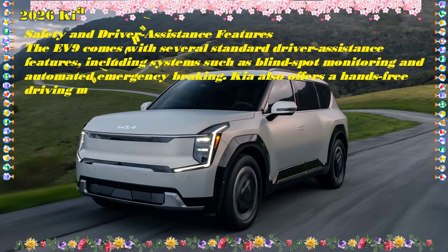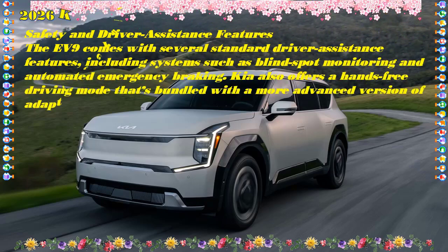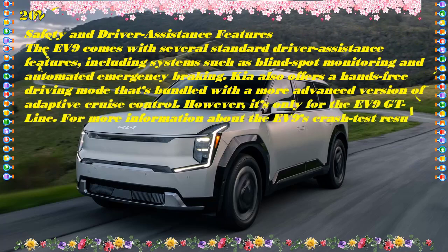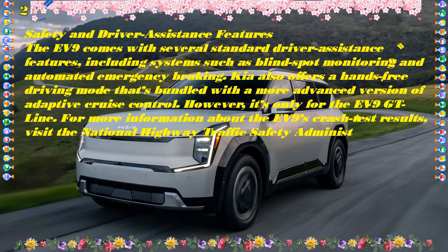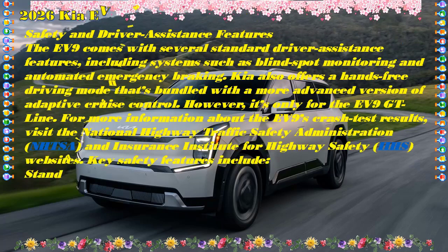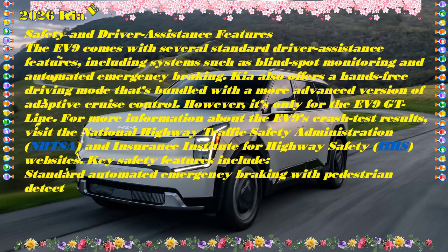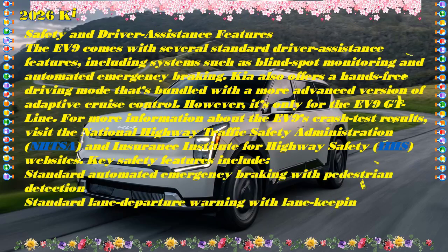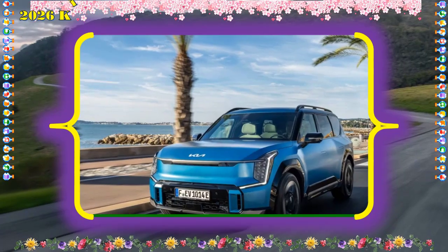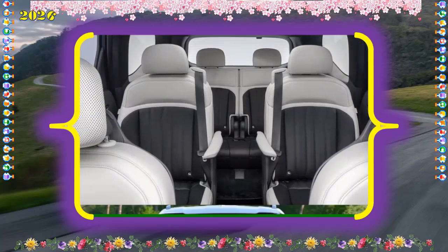The Lite long-range model is rated by the EPA for up to 304 miles of driving per charge, while the Wind E-AWD and Land E-AWD models are rated for 280 miles. Going with the top-spec GT-Line trim drops the estimated range to 270 miles per charge. During our 75 miles per hour highway range test, the EV9 GT-Line drove 240 miles, just shy of its